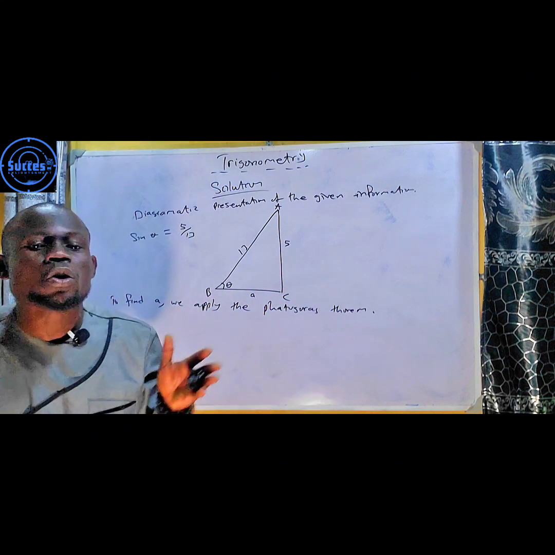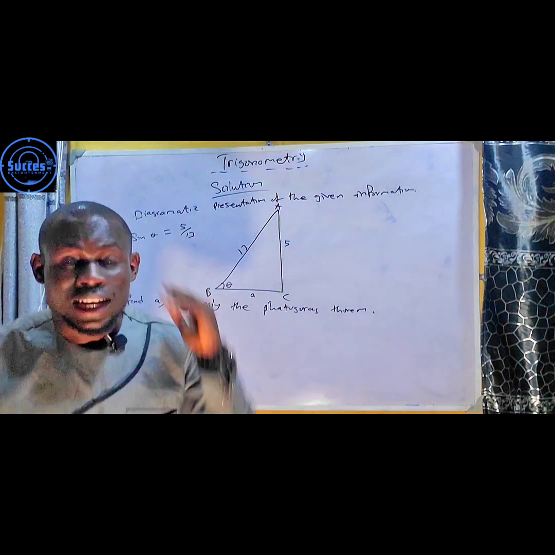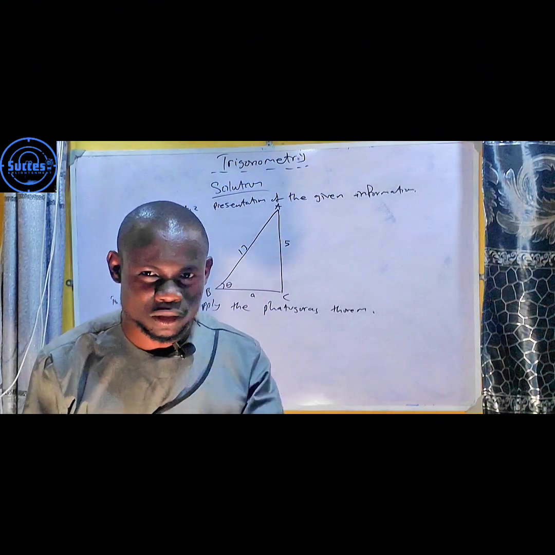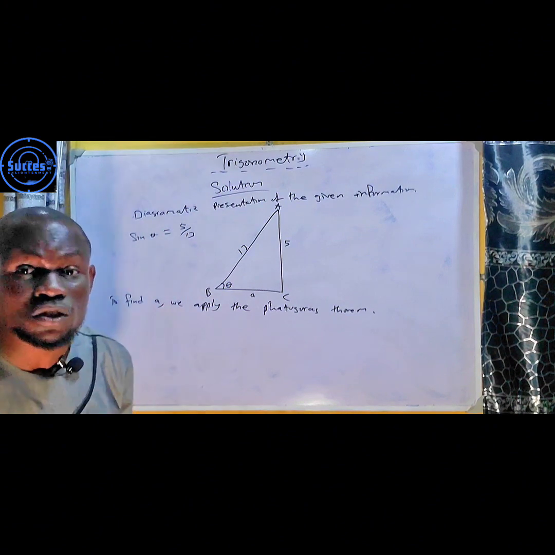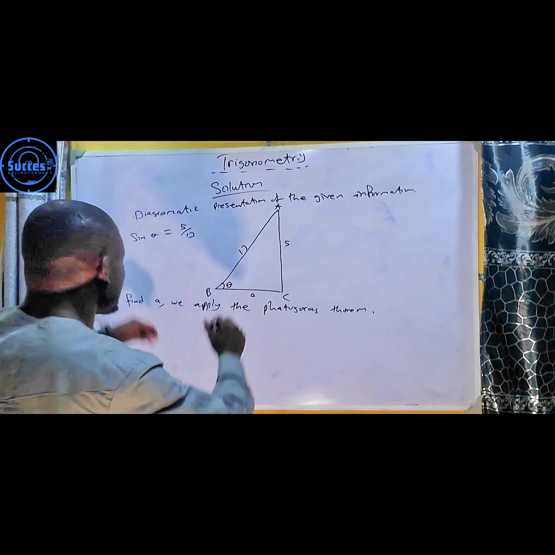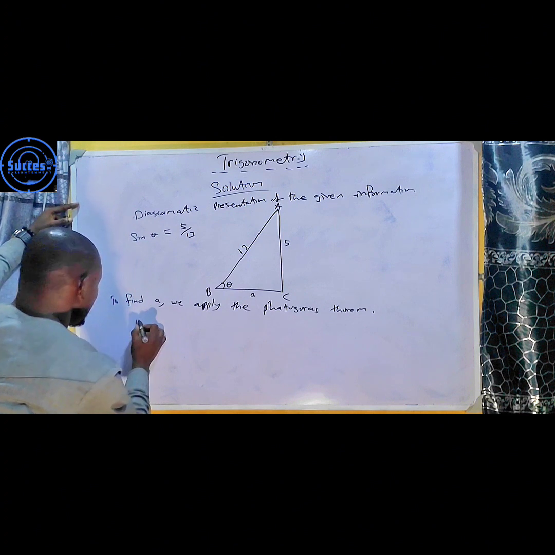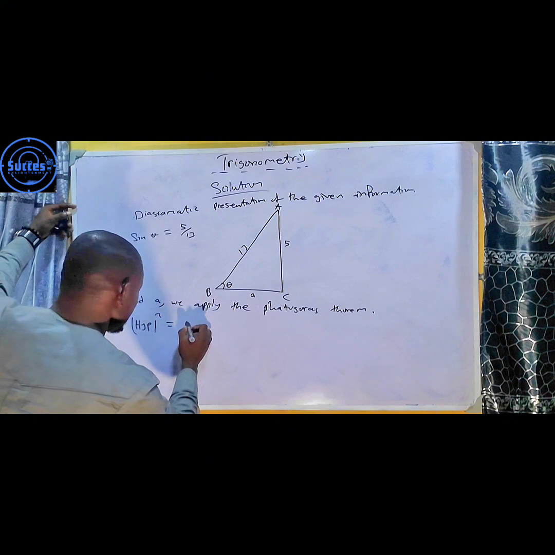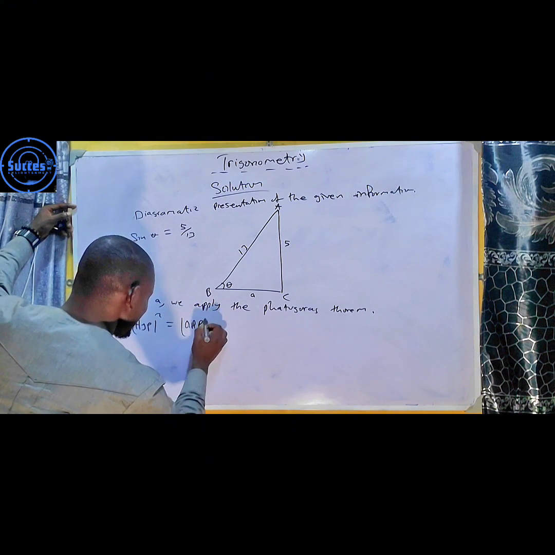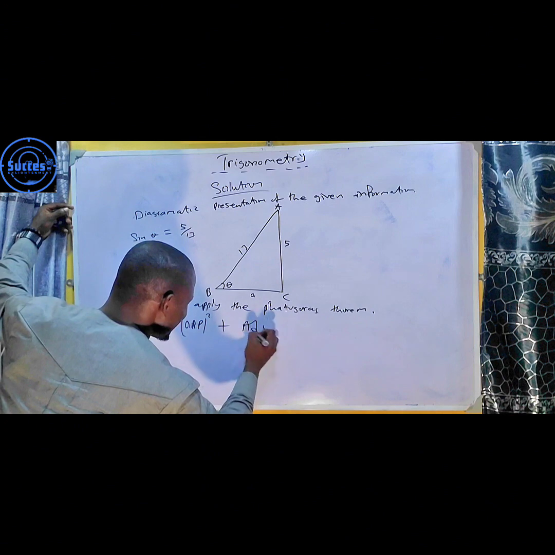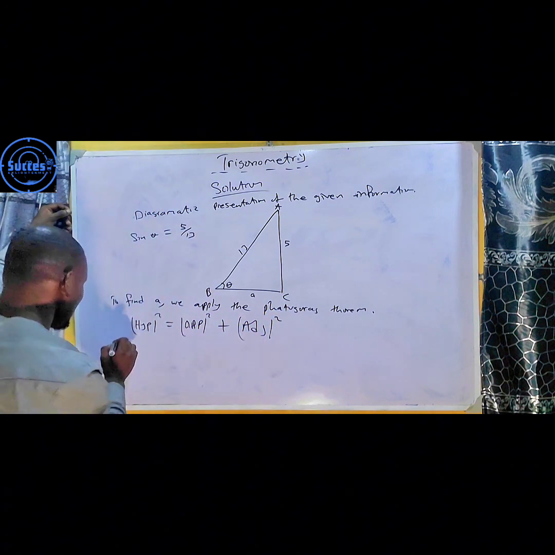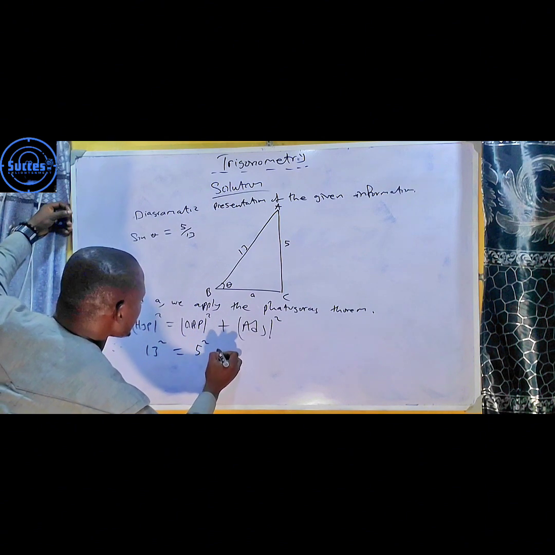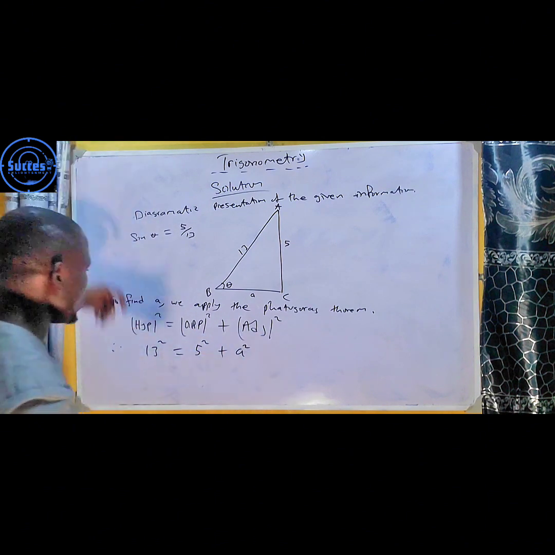Pythagoras theorem. Don't just go into it and apply the Pythagoras theorem. Let the examiner know carefully that what you are applying is Pythagoras theorem. Now from here you state what the Pythagoras theorem is. You don't have to write the sentence, just write that Pythagoras theorem: the hypotenuse square is equal to the opposite side square plus the adjacent side square. That is 13 square equals 5 square plus a square